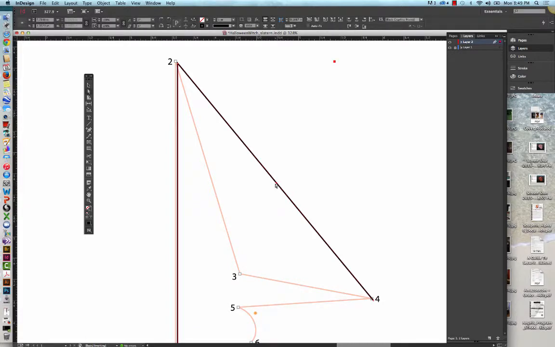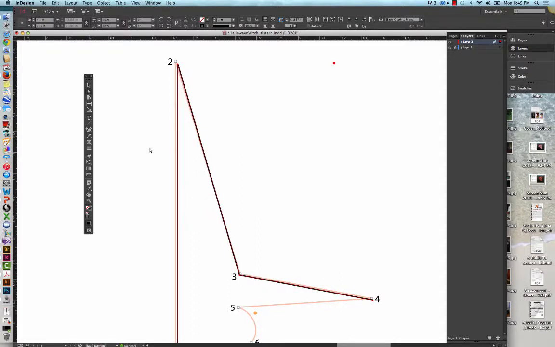Make sure you get it selected first and then click and drag it to this point 3. Then I'm going to move this slightly because it's kind of off target here. Going to go back up and get the pen tool,